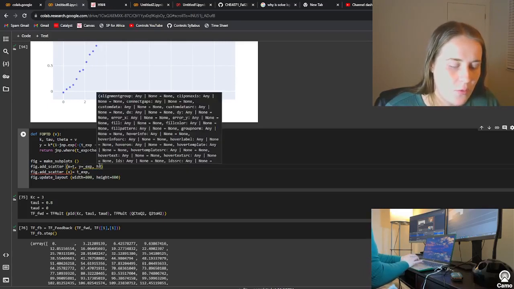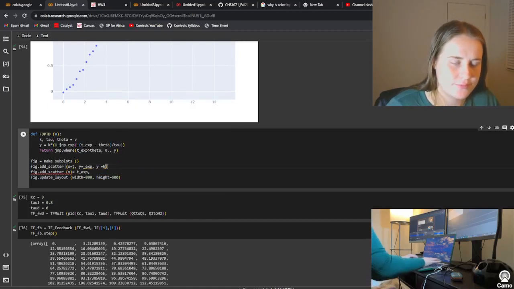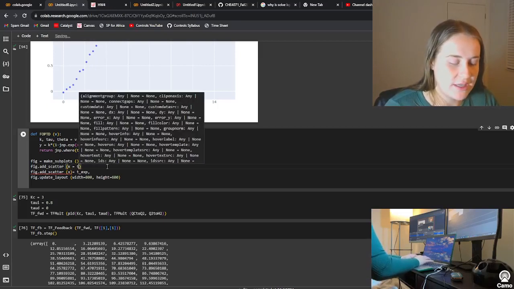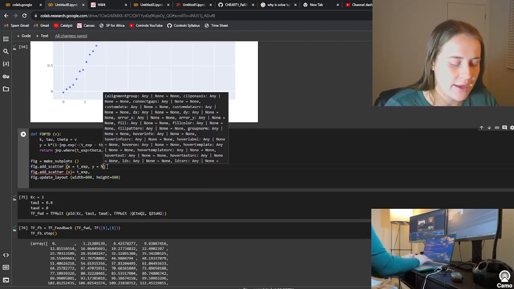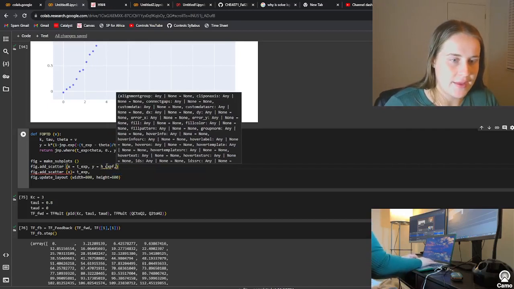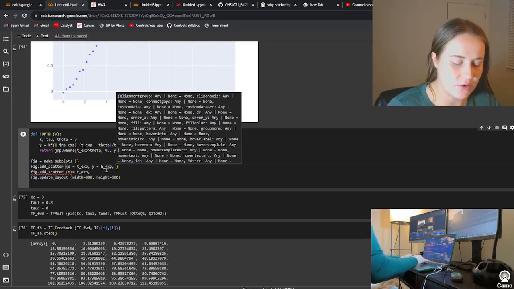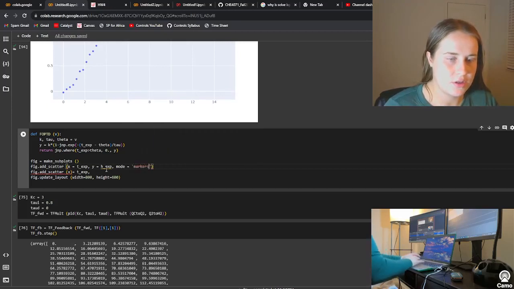And then y is equal to, oh, hold on. We have time equal exp, and then we have y equal h exp, and this is the model, so we are going to call the mode markers. Mode equals markers, and then this down here, y is going to be equal to our